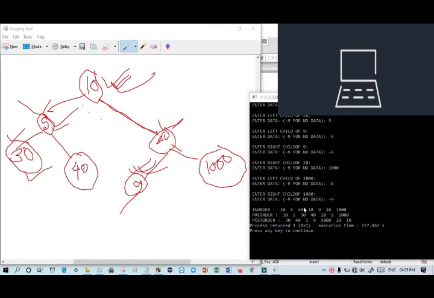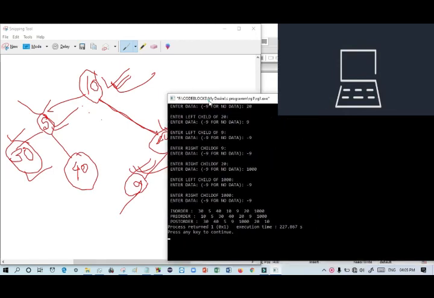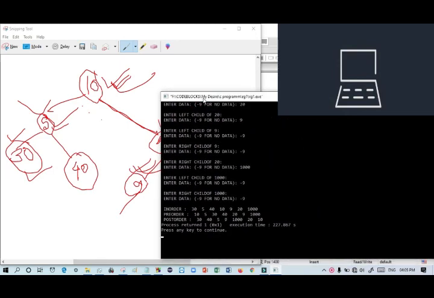In-order means at first left, then root, then right. At first comes left, here 30, then going to 5, then right 40, then 10, then 20, and after that 100. In this way in-order, pre-order and post-order are done.